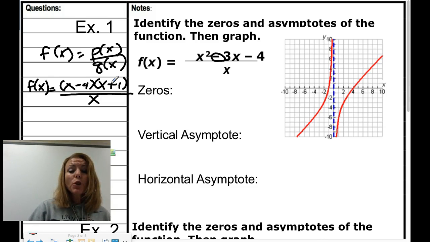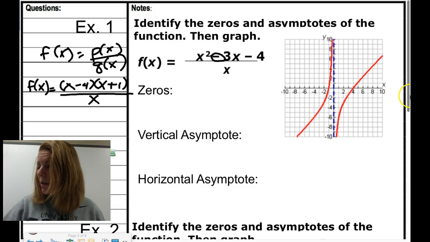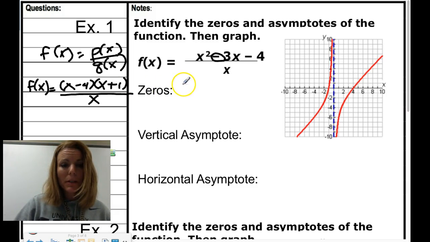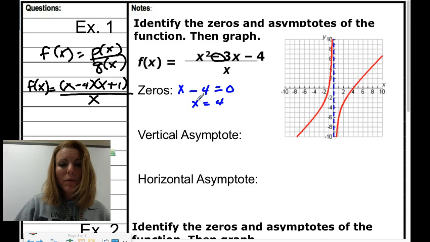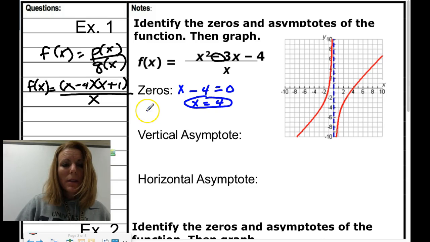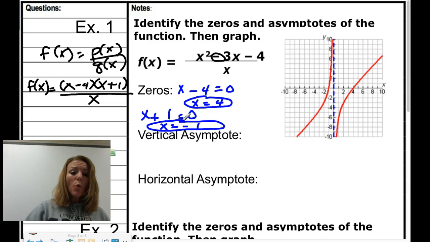So now we have to find the zeros. Remember, the zeros, you look at the numerator. I'm going to change colors here. We're going to set the numerator equal to 0. When we do that, x is going to be 4. And the other one, x plus 1 is equal to 0. So you subtract 1 on both sides, and you get x is equal to -1. So our two zeros are 4